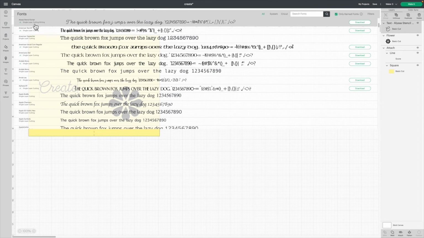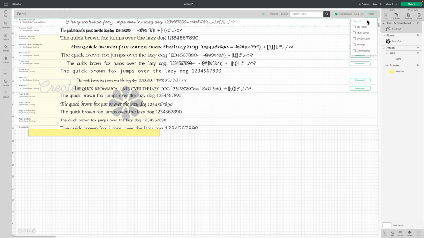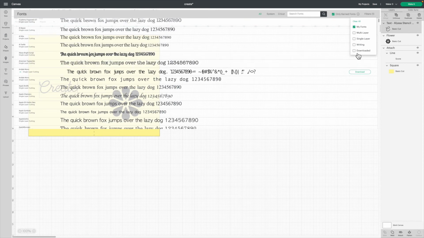There's a drop-down box with an arrow pointing down. If we click this, we'll see many fonts. Today, let's make sure to choose a free font. Again, there may be paid options. We're clicking on the filter and selecting My Fonts or even Downloaded Fonts to find a font that we like that is free.